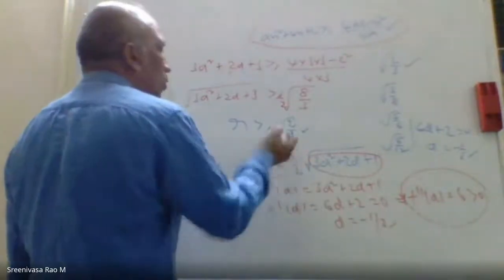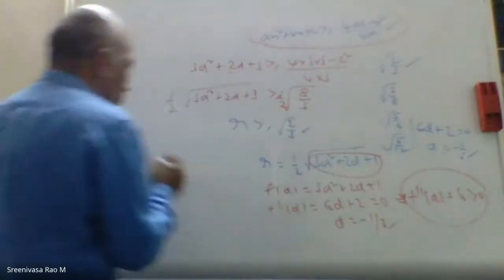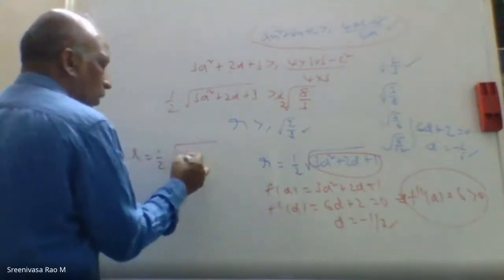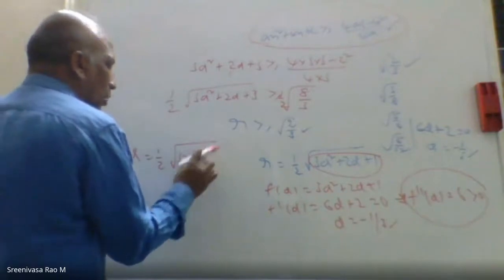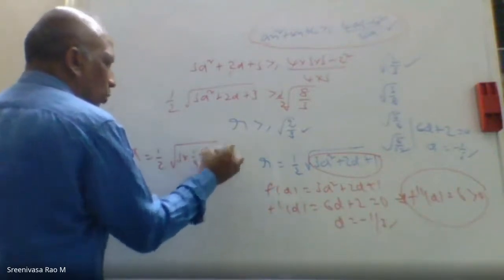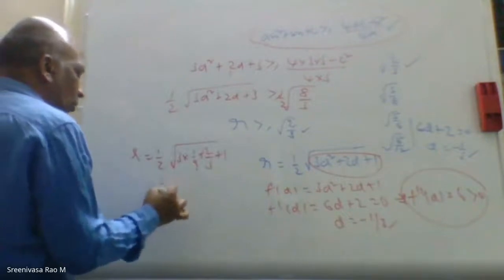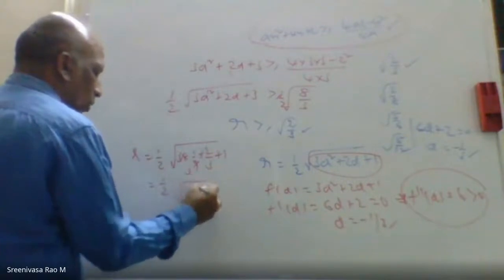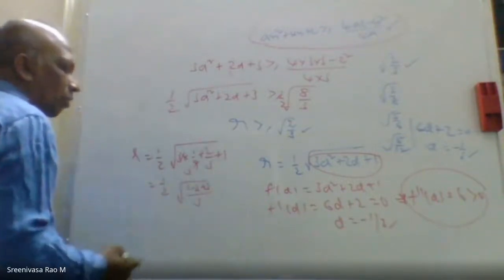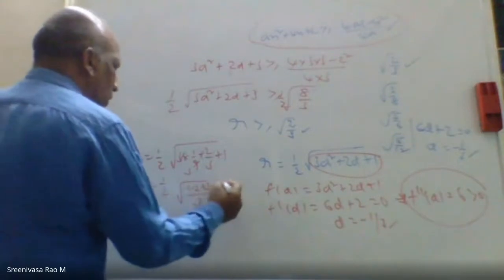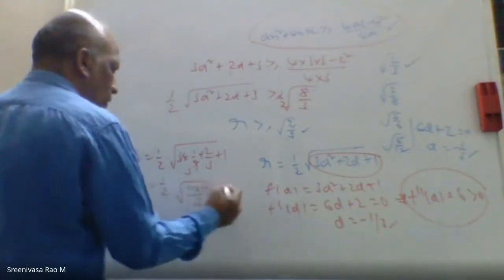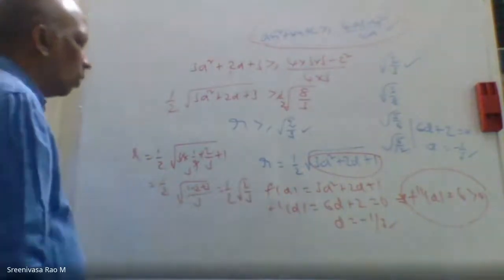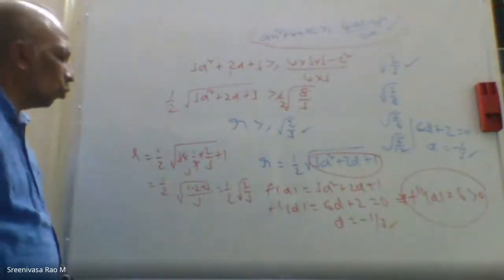You substitute here, then it gives the same thing. You can verify here. You can substitute r equal to 1 by 2 root of, I can substitute this one, 3 into 1 by 9 minus 2 by 3 minus 2 by 3 plus 1. So this will become 1 by 2. So 3 threes. 1 by 3 minus 2 by 3. So 1 minus 2 plus 3. It will come to this one. You will get 4 by root of 1 by 2 root of 2 by 3. You got radius is equal to root of 2 by 3.